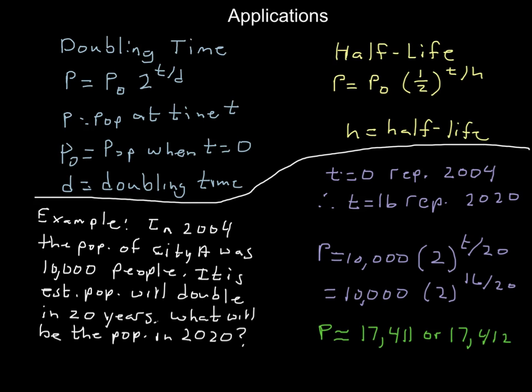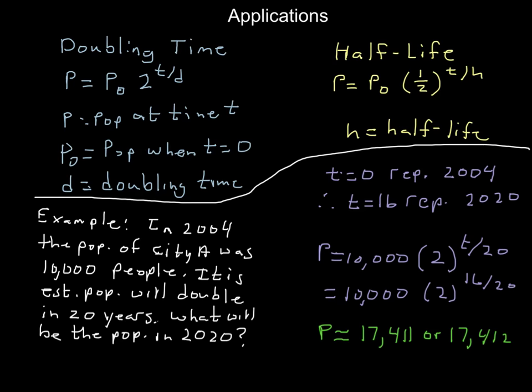So, putting the values in, I know my initial population is 10,000. So in the spot where P0 is, I put 10,000. 2 raised to the t divided by my doubling time, which is 20 years. So to find out what the population is going to be, I replace t with the value of t that represents 2020, which in this case is 16. So I get P equals 10,000 times 2 raised to the 16 over 20 power. At this point, I put this into my calculator and evaluate it. And when I do that, I get